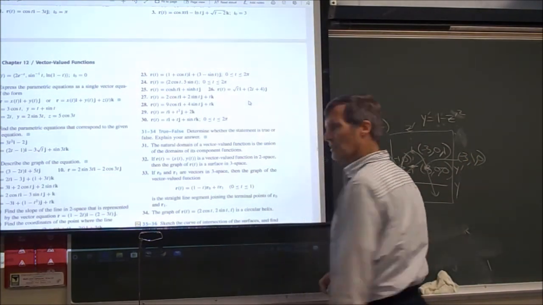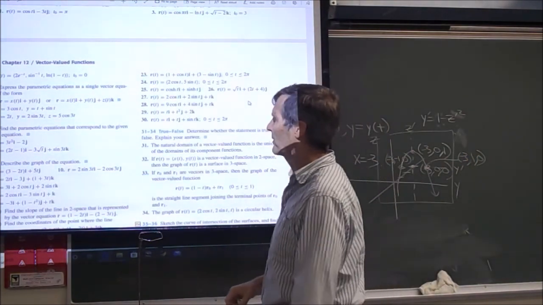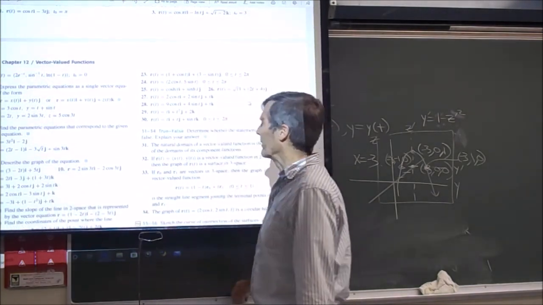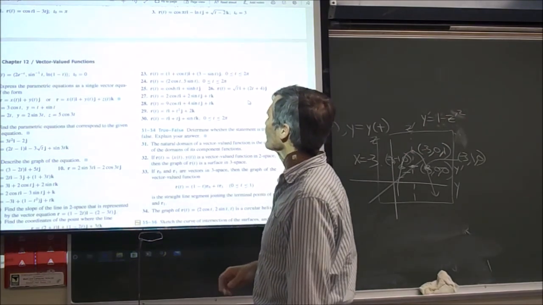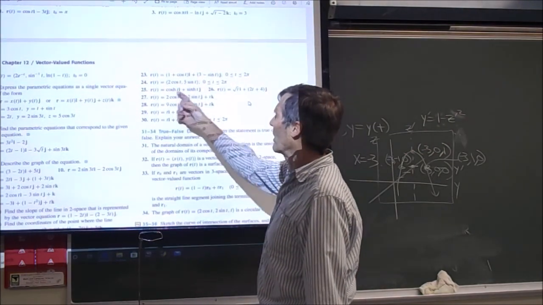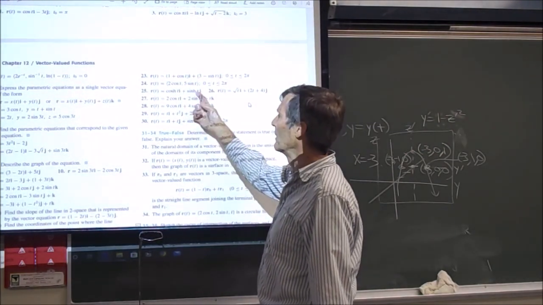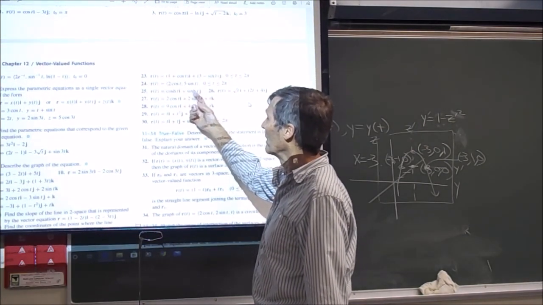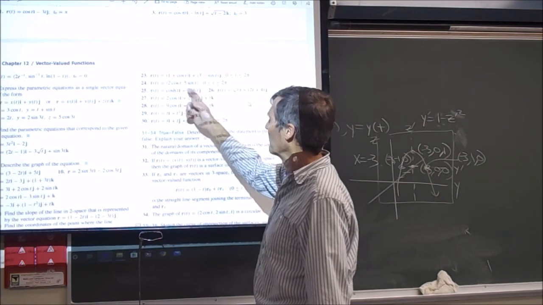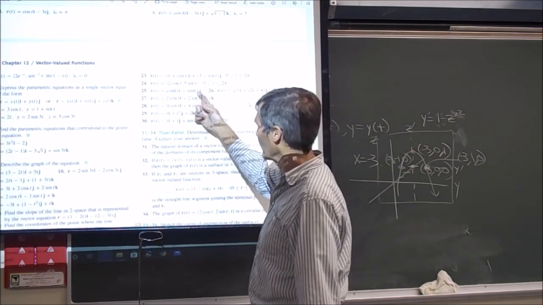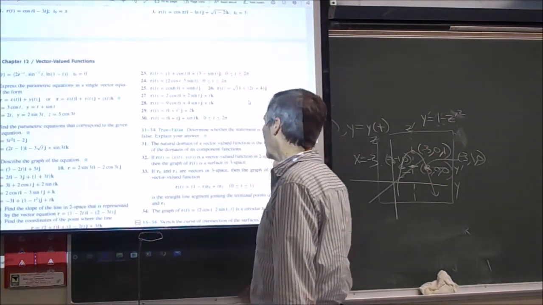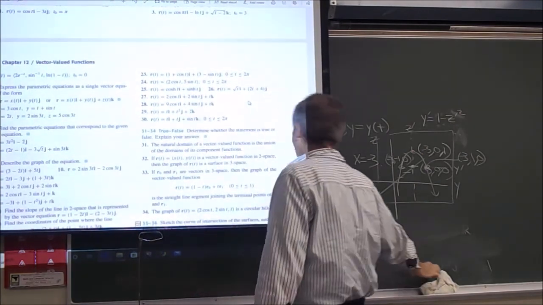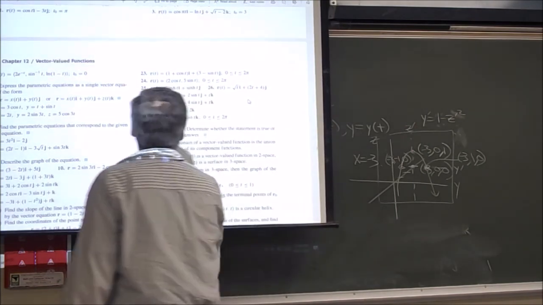So that's how you can sketch a lot of these curves, and the idea is a vector valued function can sweep out a curve in space in this nice compact form. Alright, by the way, cosh and sinh are another way of writing hyperbolas. Cosh squared minus sinh squared equals 1 is the identity for these, and so if I look at number 25 here just briefly,